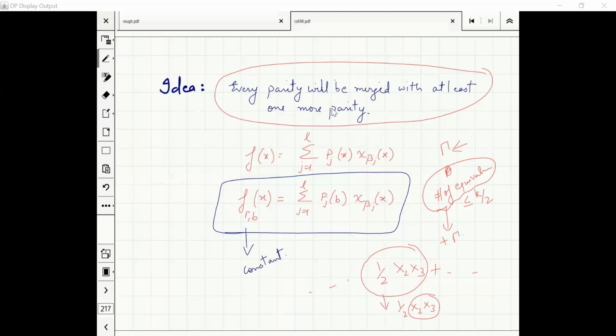Every parity of f can be written in terms of the representatives of these at most k by 2 equivalence classes and gamma. That is by definition of equivalence classes. Yes, that is how we were defining equivalence classes. That means actually trivially the rank is less than k by 2 plus k.